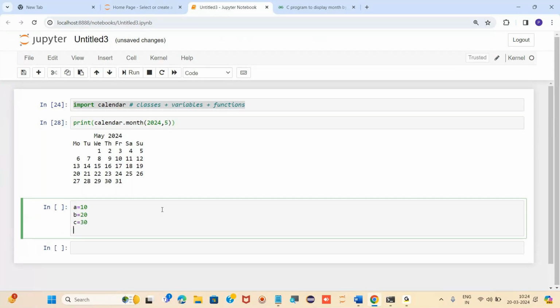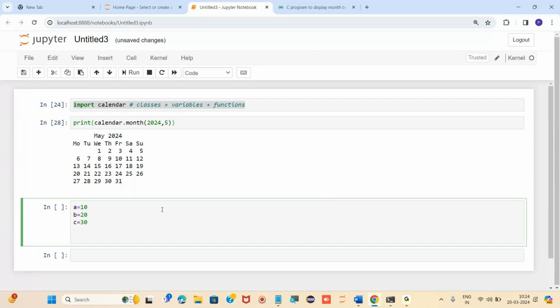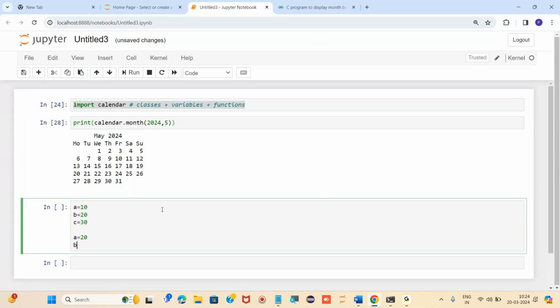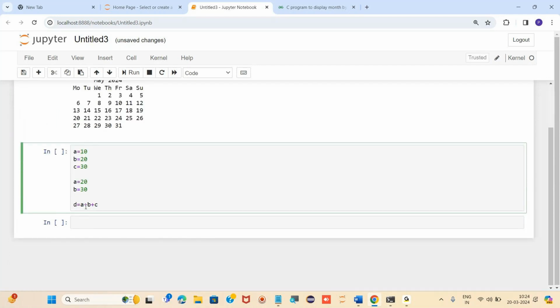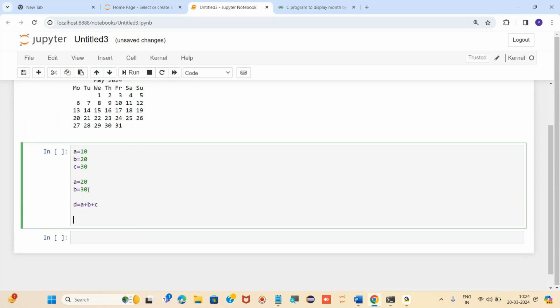Also I'm going to take a is equal to 20 and b is equal to, let's suppose, 30. And now I am going to print d equals a plus b plus c, which is nothing but the addition of these variables.